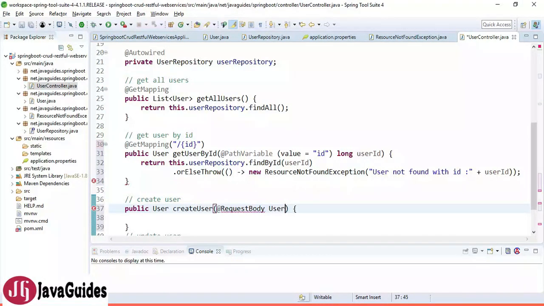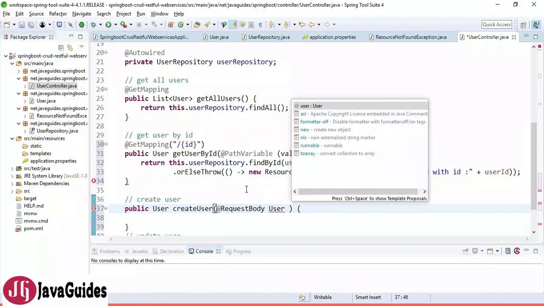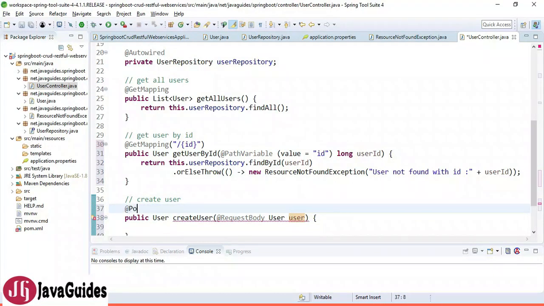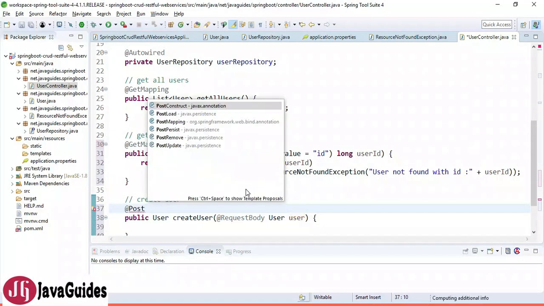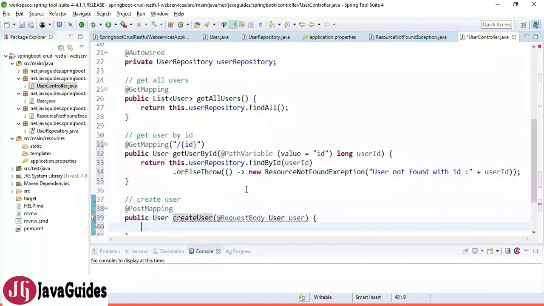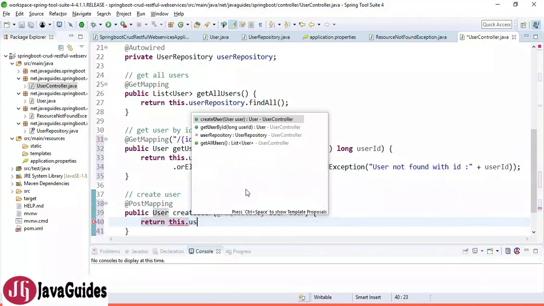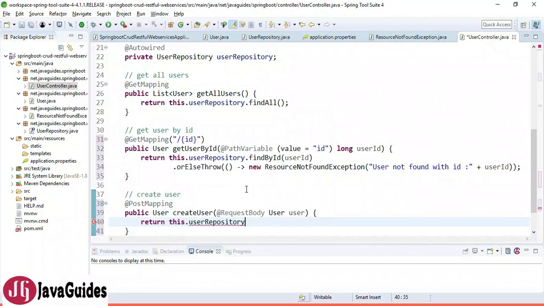This will map directly to the user object, so the JSON will directly map to the user object, and we are going to use the @PostMapping annotation. Great. And here we'll just return this.userRepository.save. This will save the user object into a database. It's pretty simple, right? Great.